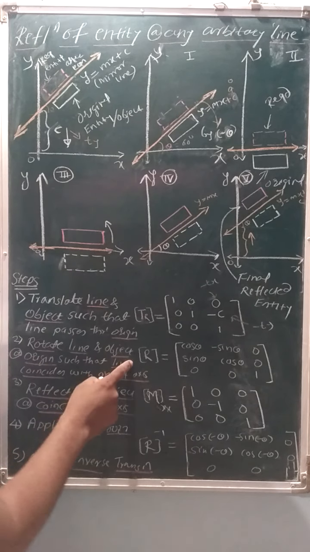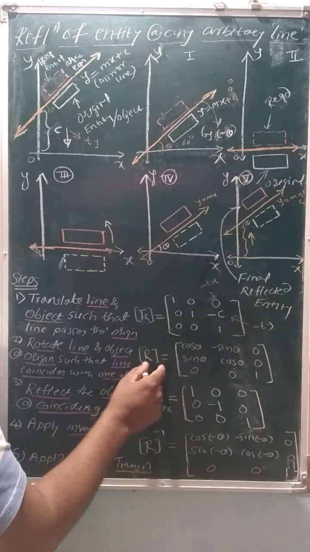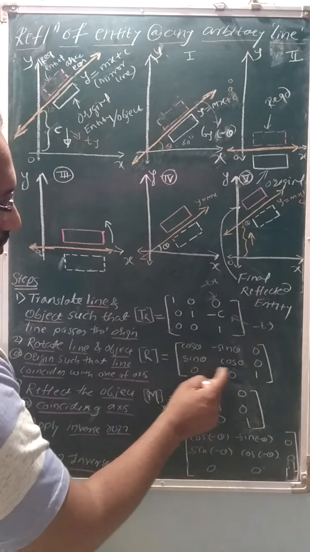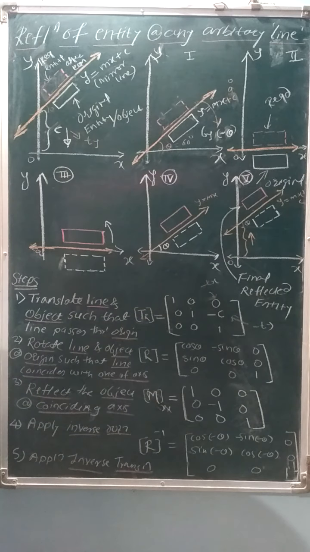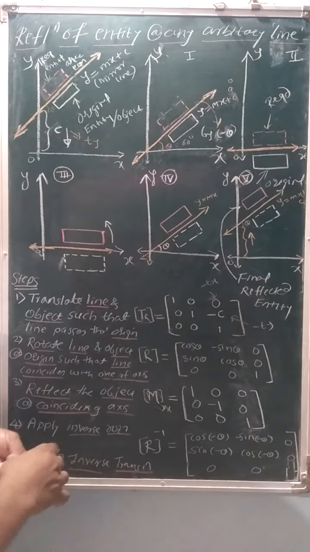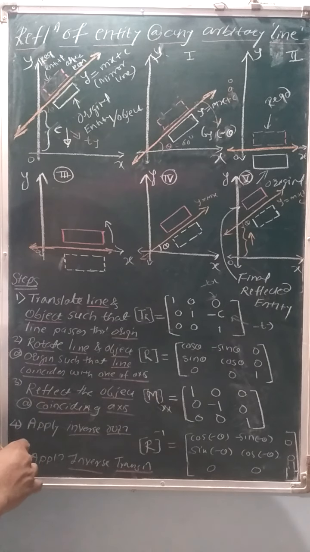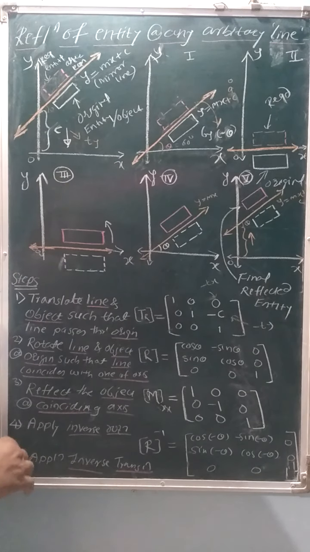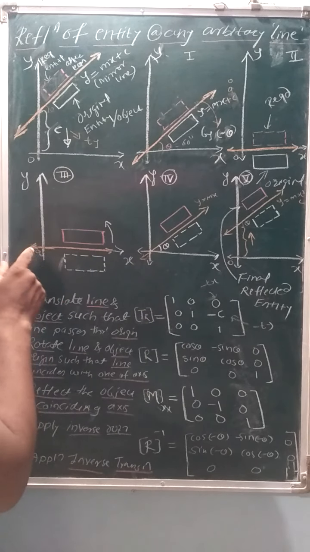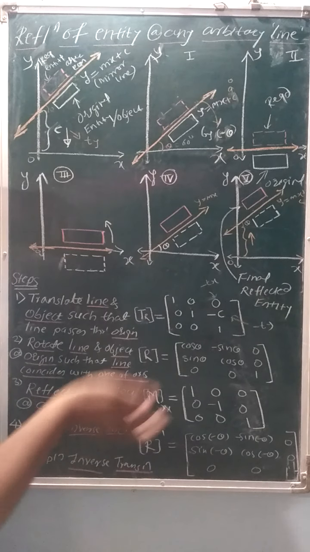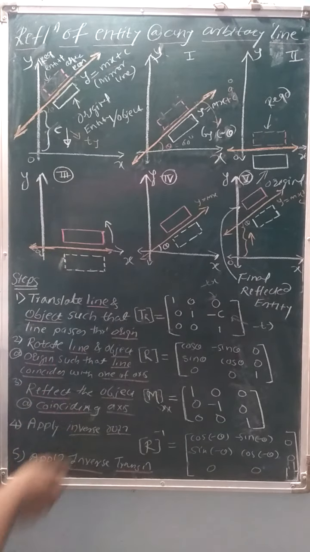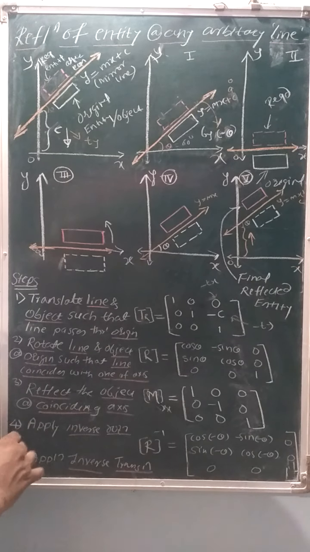So this will be the second step, having the rotation matrix: cos theta, minus sin theta, 0; sin theta, cos theta, 0; 0, 0, 1. So this is the second step. Now after getting the second step, in the last two transformations we have seen that after translating about the origin, we achieve our required transformation. So in scaling, after translating to the origin, we have scaled about the origin. In the rotation, after translating the entity to the origin, we are achieving that particular geometric transformation.